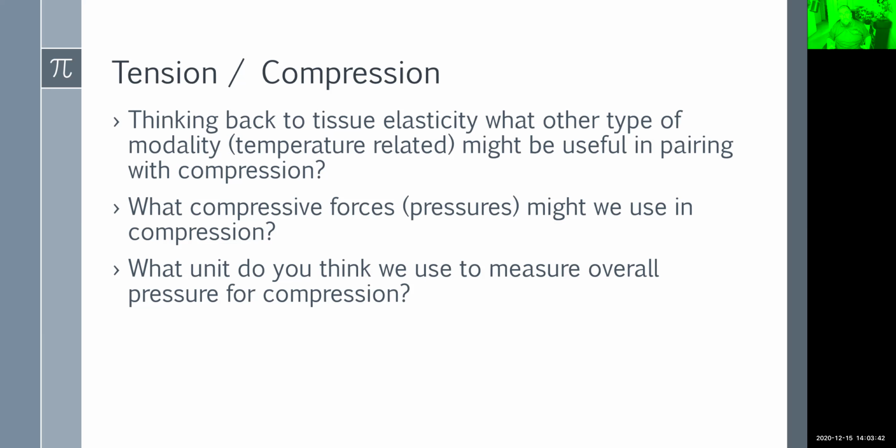So compression, again, is where we move the joint surfaces together. That means we're putting them in closed pack position, which is used for stabilization. Traction, or pulling them apart, or tensioning, is where we separate those joint spaces. We move them into open pack position. It is used for mobilization.